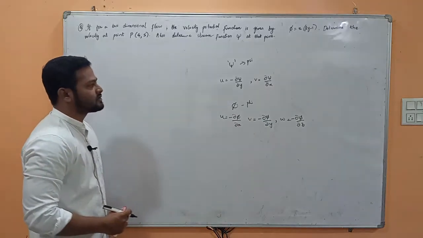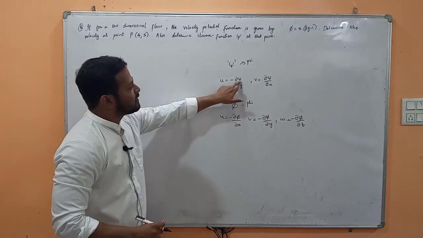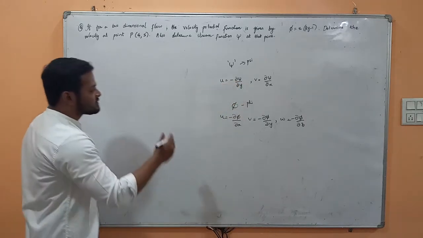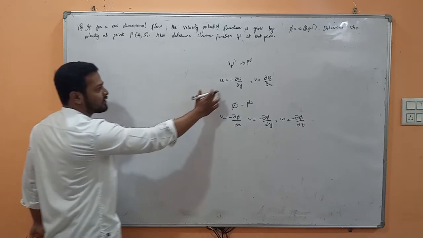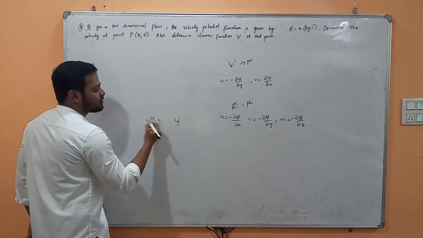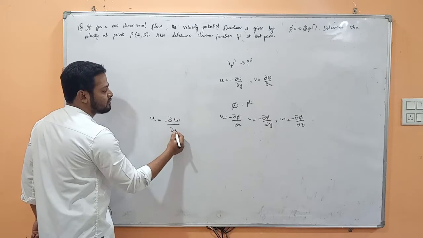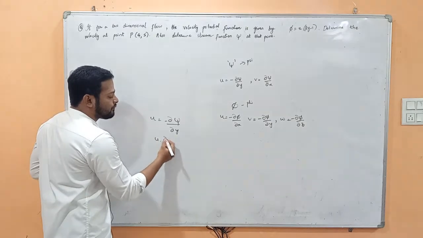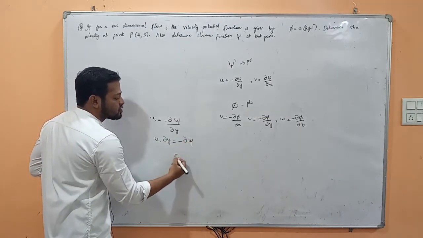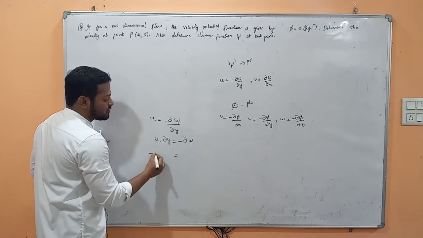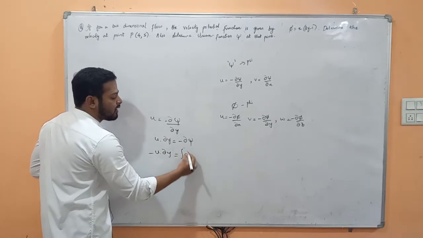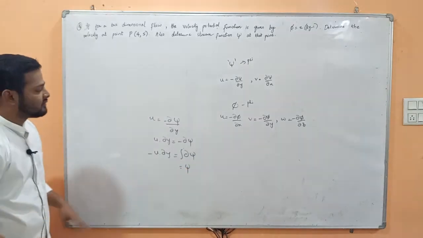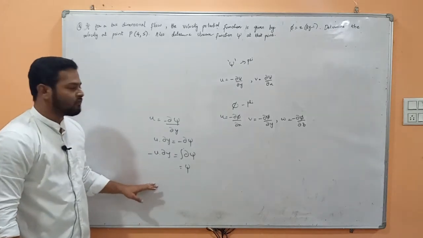The next type of question which can be asked is that either psi will be given in the question and you have to find out u. For instance, psi is given and you have to find out the value of u. We know the formula of u, that is u is equal to minus dou psi by dou y. What we would be doing is separating the variables. u into dou y is equal to minus dou psi. So when I integrate this, I can send this minus to the other side, so u into dou y, and you will get the integral of dou psi as psi.